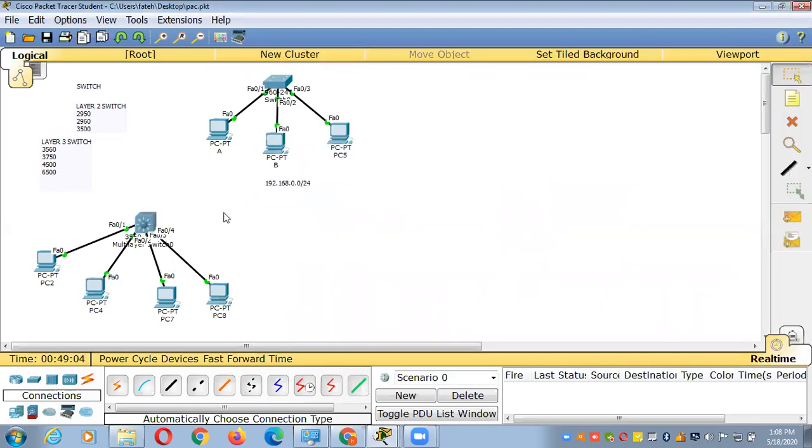So in the layer 3 switch, by default the switch has VLAN 1, but I have created two VLANs here, VLAN 10 and 20. I have assigned these interfaces to VLAN 10 and configured these two interfaces in VLAN 20.